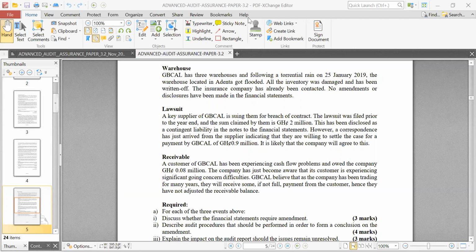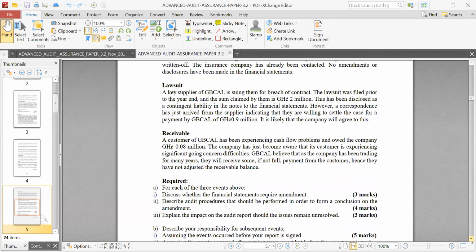I know it's quite tricky, because if the customer is experiencing cash flow difficulties right after the year end, which is when you claim you became aware of it, then it is highly unlikely that you are going to recover that 80,000 as at the year end. Okay, that was some accounting in school. But